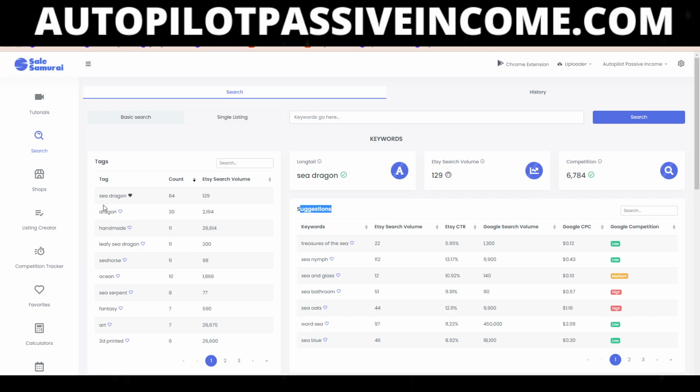So I might want to use the word dragon in my tags, or I might want to use the word handmade if something is handmade, right? If I'm creating, let's say, a handmade sea dragon pillow, I might want to use the words handmade dragon, right? Leafy sea dragon might be something that is important to me to list in my tags, right? And it depends on the product that I'm selling, of course, but these are just a list of tags